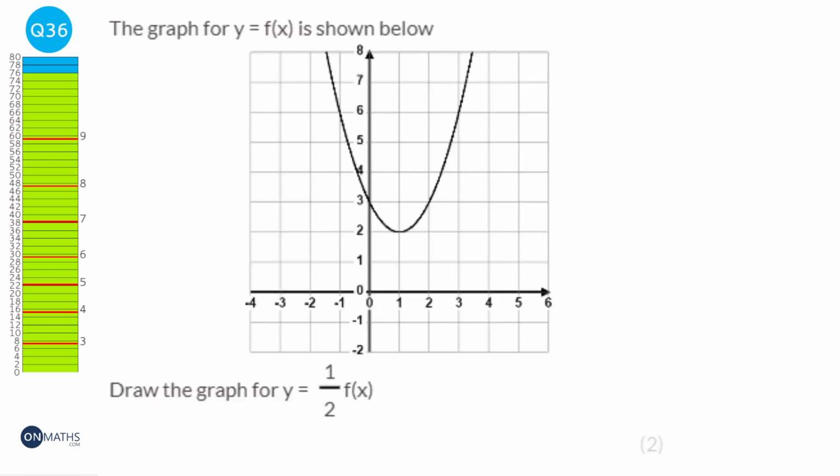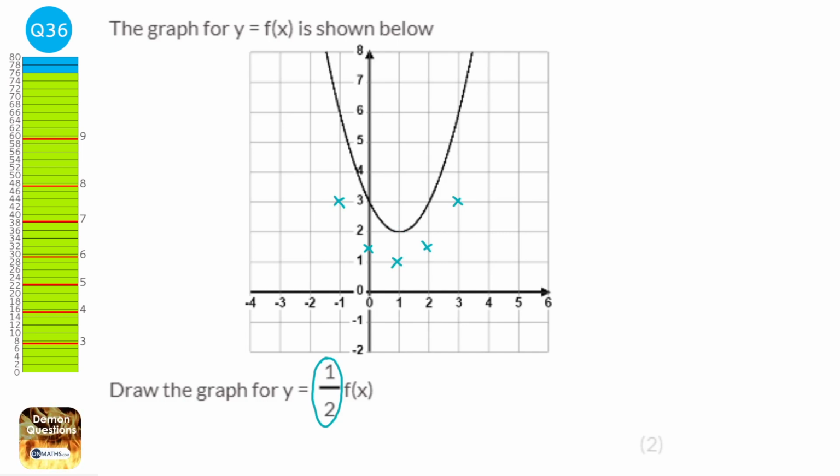Here we've got a half on the outside, so our function's been multiplied by half, and all that's going to do is halve each of the y coordinates. So we've got a y coordinate here, and half of 6 will be 3. The 3 we've got here will be 1.5. The bottom of the curve here will be at 1, and you just go through and just halve all of the